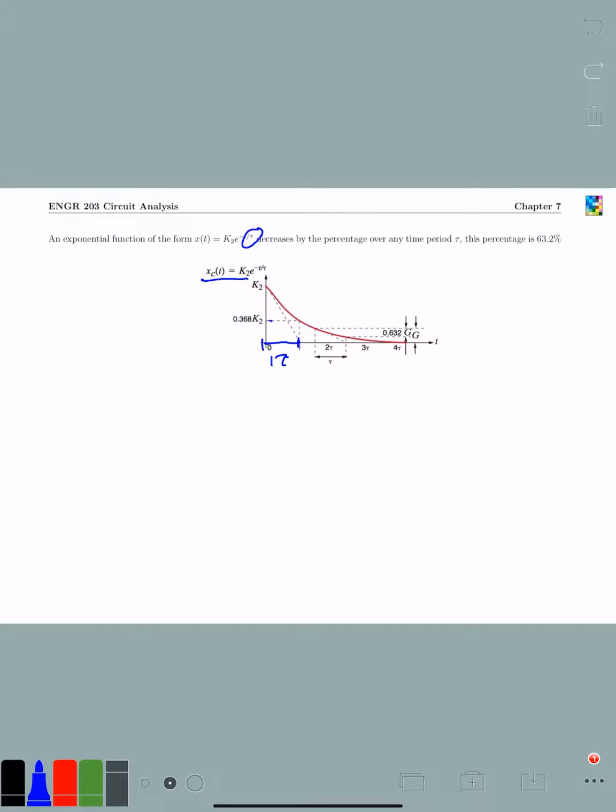to turn out the y value is going to be at roughly 37% of the original amount. And if you go another time period, it's going to go 37% of that amount. And so what happens is, if you are ending up at 37%, that means you're decreasing by 63%, or more accurately 63.2. And so the idea is, if you look at your graph